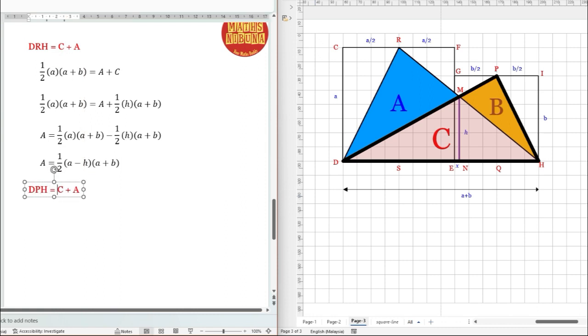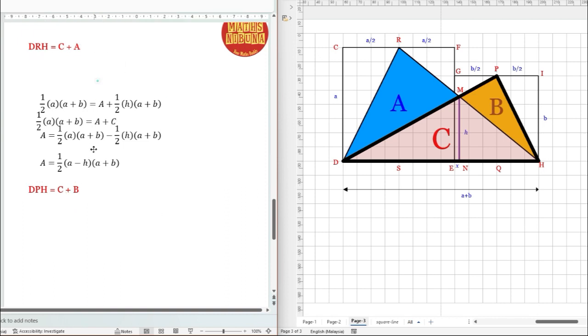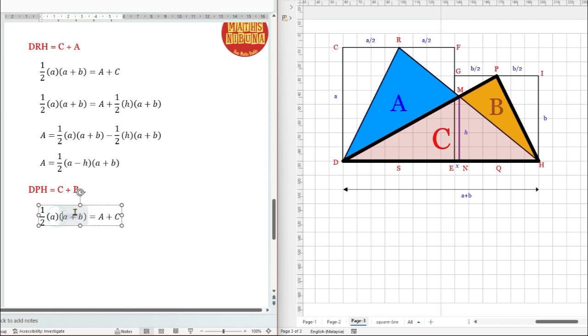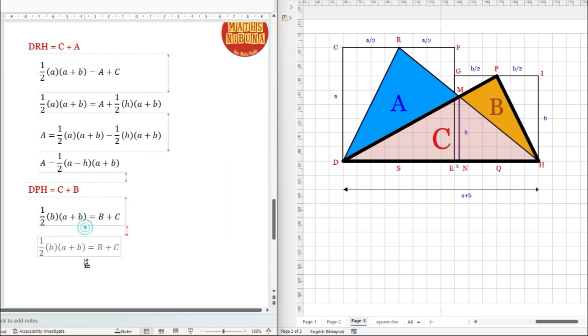DPH equal to C plus B. Okay, this DPH equal to C plus B. So we know that DPH equal to 1 over 2. Now the height is B, correct? This is just B, they change this one, and then this one is B plus C. So you do the same method when you do this one, like something like A, you'll get finally B